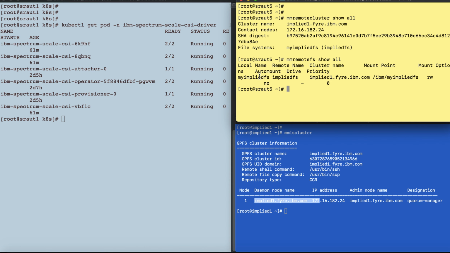And implied fs is the file system which has been remotely mounted. So on my local cluster, the name of the file system is my implied fs, and on the remote cluster it is implied fs. On the left hand side, you can see that I have a Kubernetes cluster already set up, and CSI driver is installed and up and running. These are the pods, CSI pods, that are in running state: attacher, provisioner, the daemon set pods, and the operator